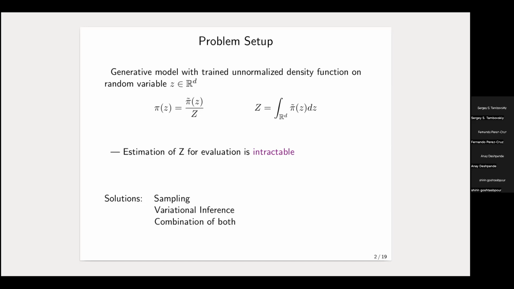The general solutions for that are using methods like sampling, which means that we use MCMC chains, which need a lot of steps for convergence and are time consuming. We can also approximate the target distribution with variational approximations using some density function that is actually tractable and we can easily sample from, or use a combination of both of these methods to have a more complex variational approximation of the target distribution. The method that I'm going to talk about is the